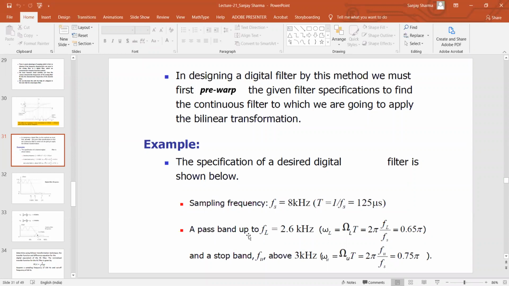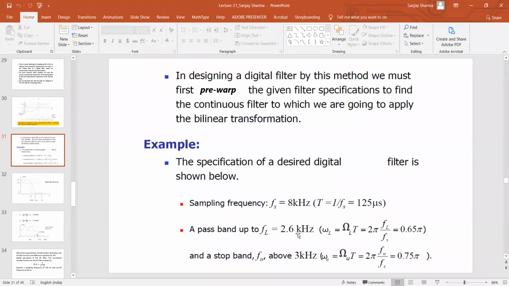This is for the low pass filter only. A pass band up to FL, so up to FL, 2.6 kilohertz is the pass band. That means this is the cutoff frequency you can take, right? And if I try to calculate omega L, what is omega L? Omega L will be given by, because this is the digital filter we want,